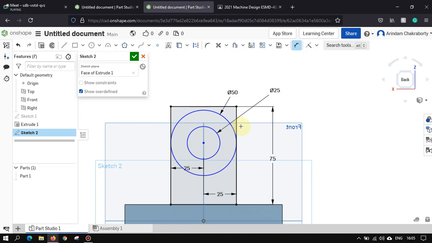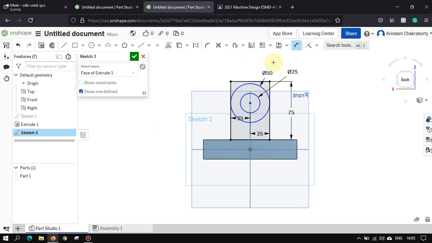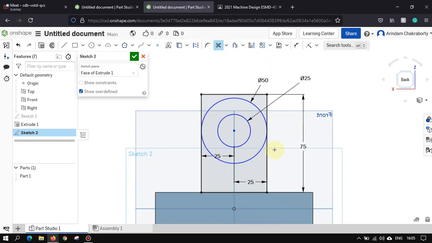Now, as you know, we have drawn this one. What you can do, just use your trim command. Use trim, delete this one, delete this one, delete this one, delete this one. Fine. Just use trim. Don't do anything here. Don't go for any other operations. Just trim it. Let the computer trim and get the point of intersection. Don't do anything. After that, what you will do?